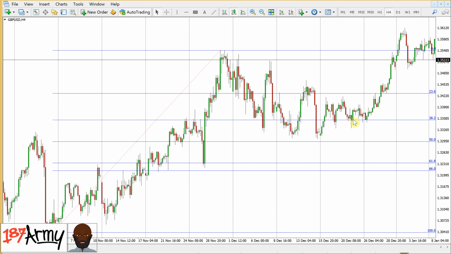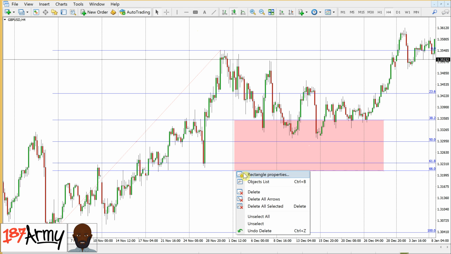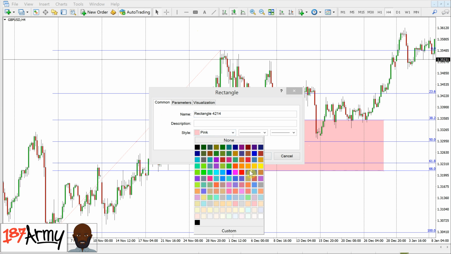So based on my experience and past backtesting and research, when in an uptrend and you're looking for opportunities using the Fibonacci, you'll draw the Fibonacci from the low to the high as we did, and we'll look for signs of bullish candlestick patterns or anything else between the levels of 38.2 and 66.0. So I'll mark out this level now using a rectangle so you can see it clearly. So there's a 38.2 level and there's a 66.0, and I'll just go across. I'll double click on it because it's support, and to make it easy for you guys to see, I'll make